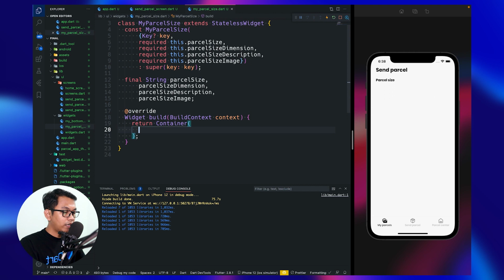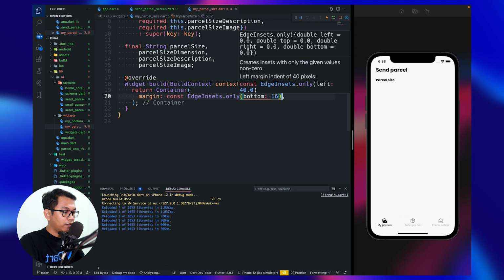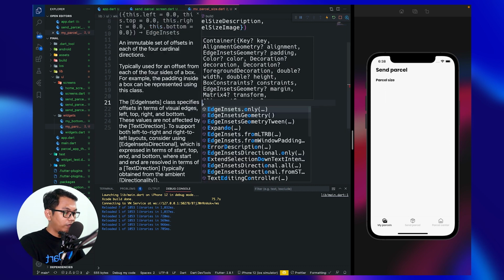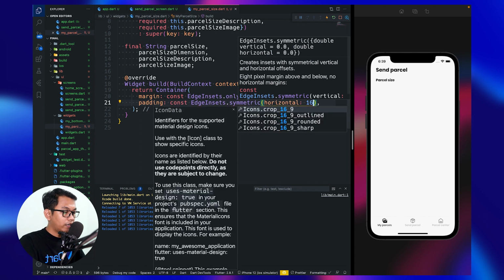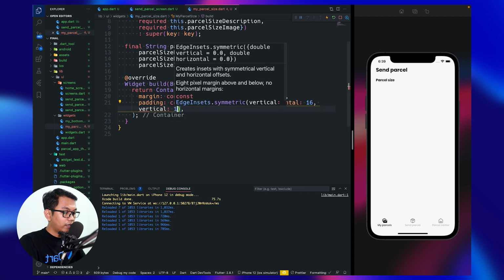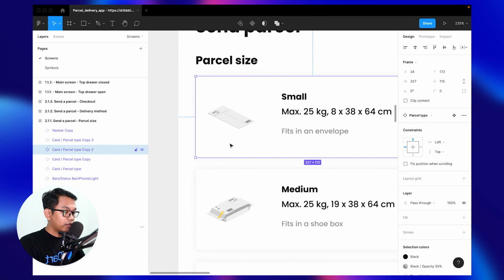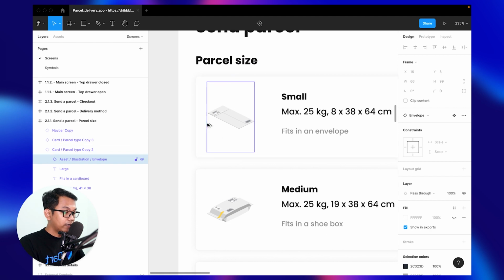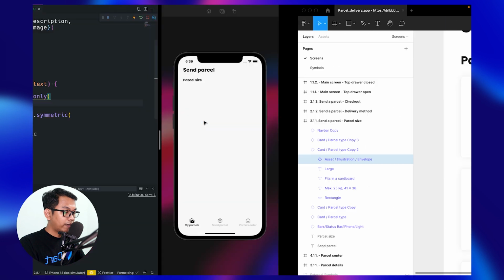Inside our build context we use margin only bottom 16, and for the padding we use symmetric, horizontal 16 and vertical 8. So I want to use a container, and as you can see, 16 horizontal and 8 vertical.